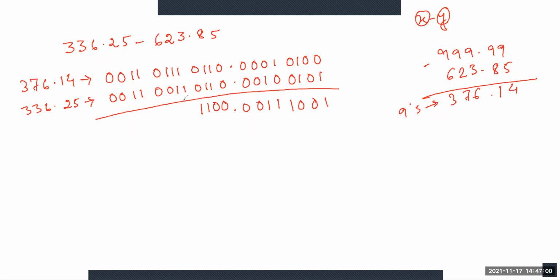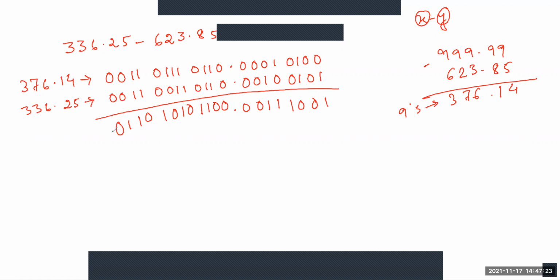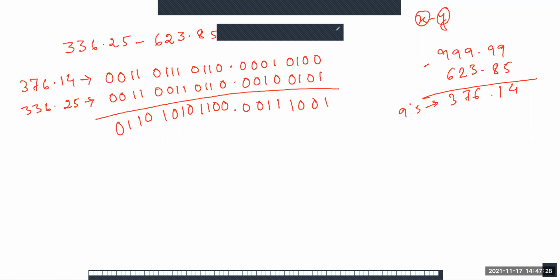Again here 1 plus 1 is 0 carry 1, so 1 plus 1 plus carry 1 is 1, we have carry 1. So 1 plus carry 1 means 0 and we have carry 1. Next, 1 plus 1 means 0, then 1 plus 1, carry 1, and this is 1 and this is 0. Okay, now the BCD